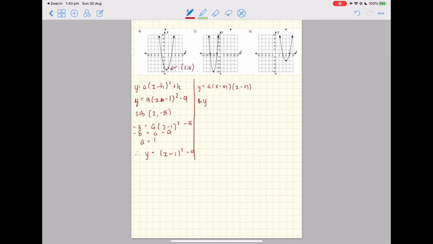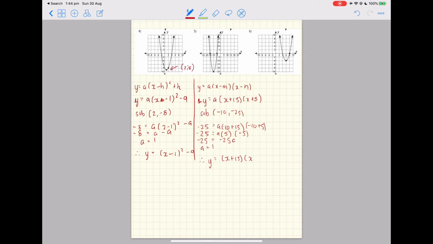So if you substitute it in, it's going to be y is equal to a(x plus 15)(x plus 5) over here, okay? We'll substitute the turning point in to find the value of a. So the turning point is equal to (-10, -25). So it'll be negative 25 is equal to a(-10 plus 15)(-10 plus 5). Simplify that, so therefore that will equal a times positive 5, and this is going to equal negative 5. So negative 25 is equal to negative 25a. A is therefore equal to positive 1, hence your equation is going to be y is equal to (x plus